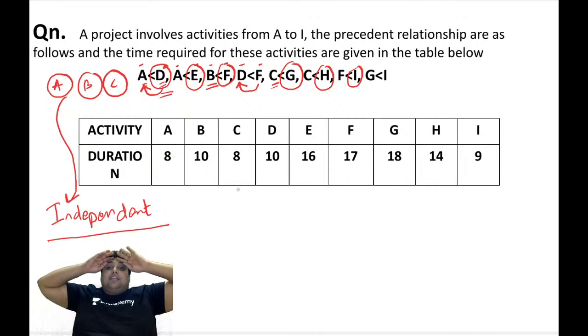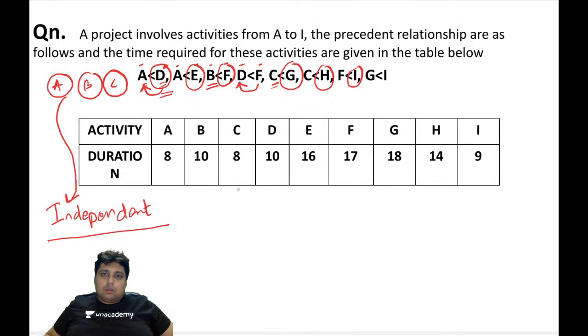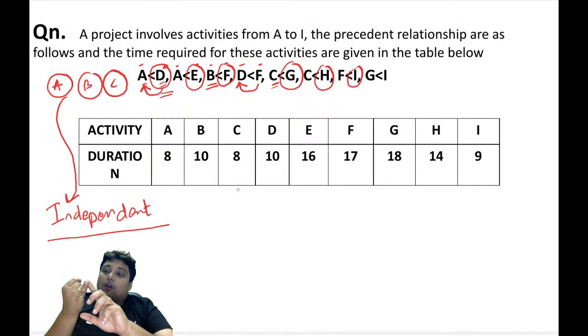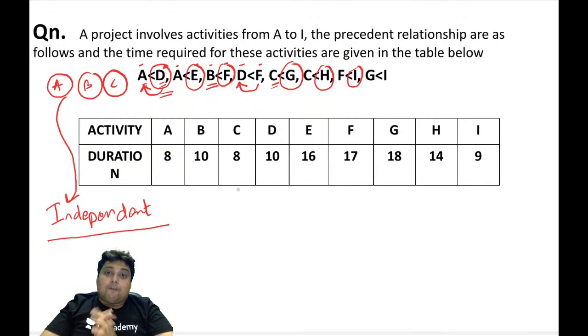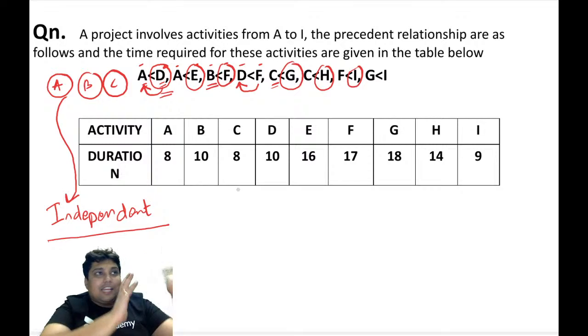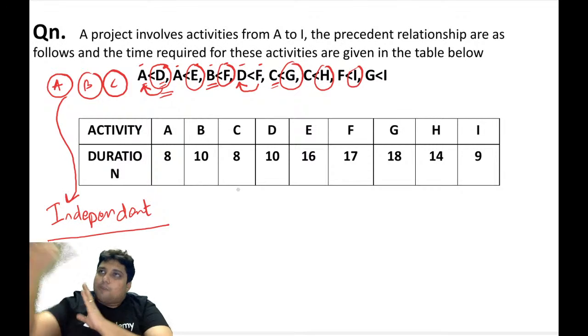Let's say if I just have a mere thought that I want to construct my own house, then these three activities are completely independent. Nothing needs to be done before them. I can straight away, simultaneously perform these activities. If I want to purchase a land, I can contact a broker and ask him that I want a particular type of plot, an east facing plot of 30 by 50 feet dimension in this particular area.